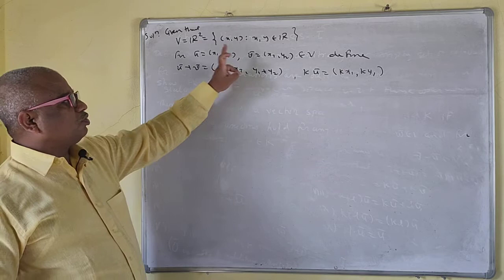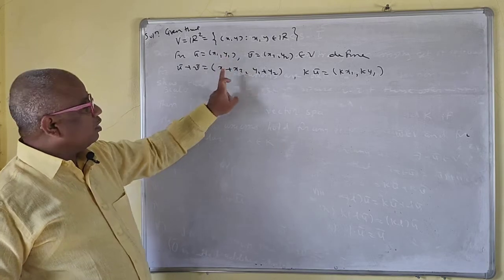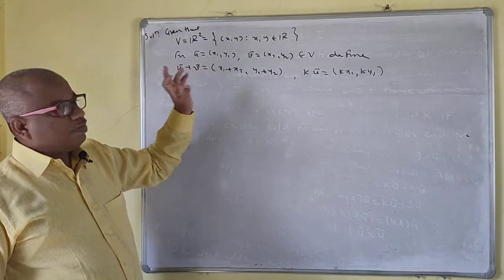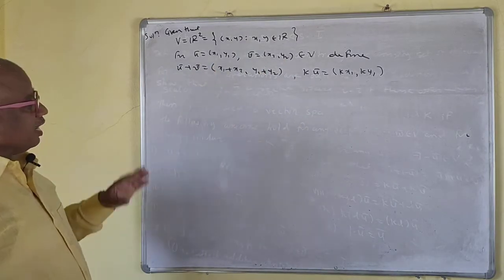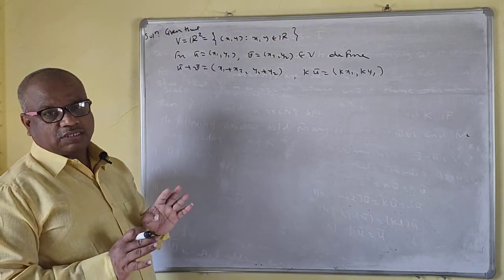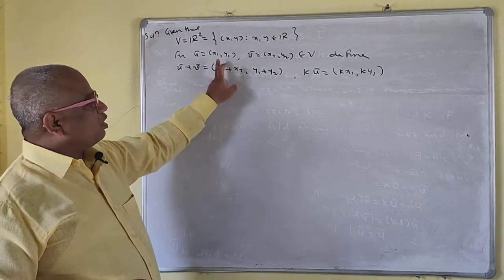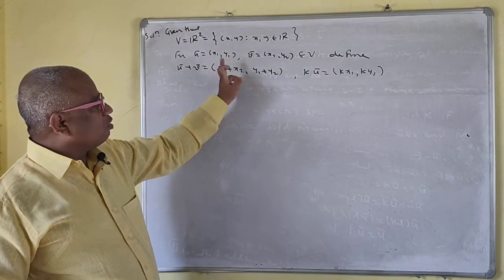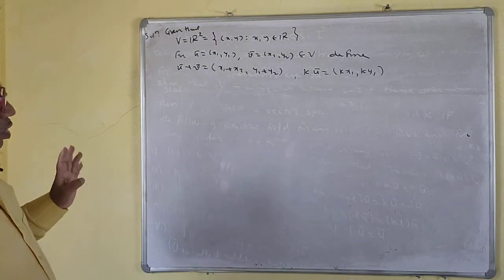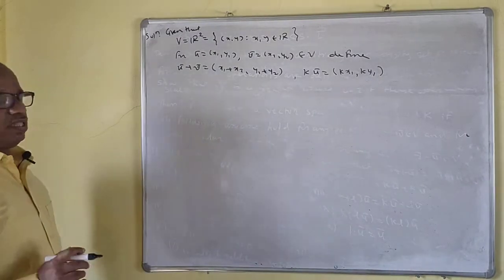They may take the addition of the first one and the last one. This is the first component, this is the second component, so the addition may be given differently. The first component will be the first component plus the second component of the vector. So take care how to take the addition of the vectors and the scalar multiplication. This is important here. Here they have taken the usual addition and scalar multiplication: first component plus first component, second component plus second component, like the addition of matrices. So this is called usual addition and scalar multiplication. We'll check one by one now.